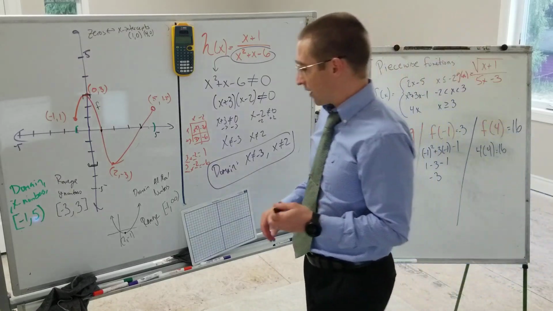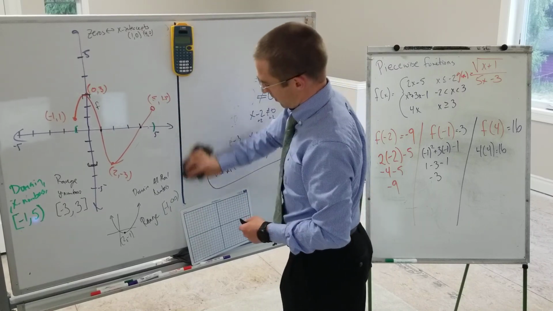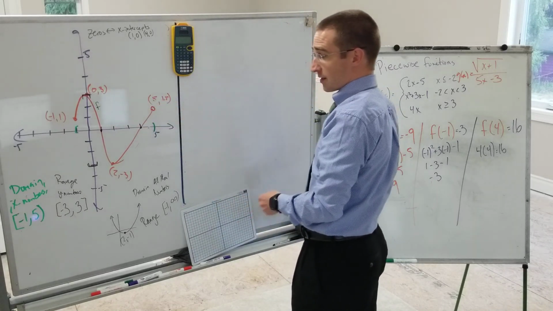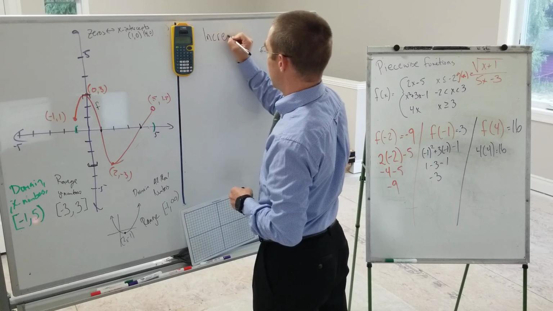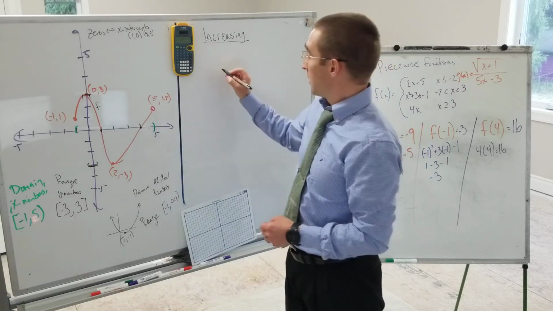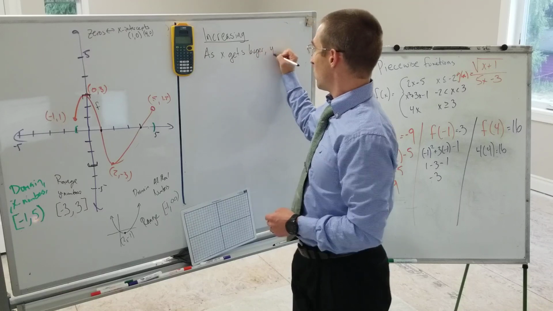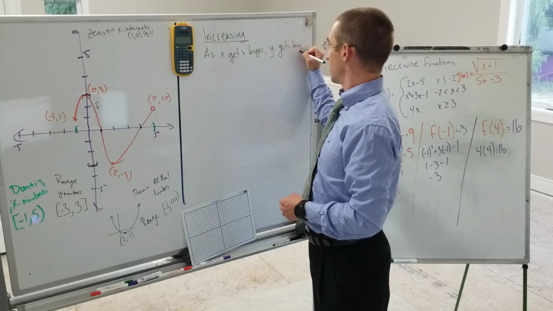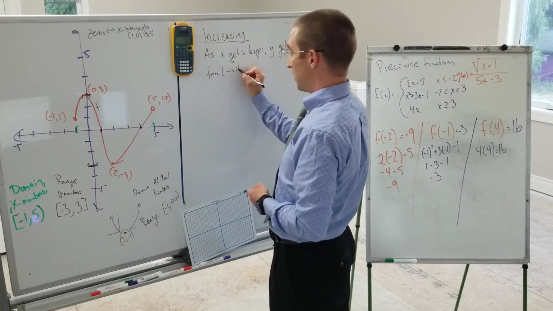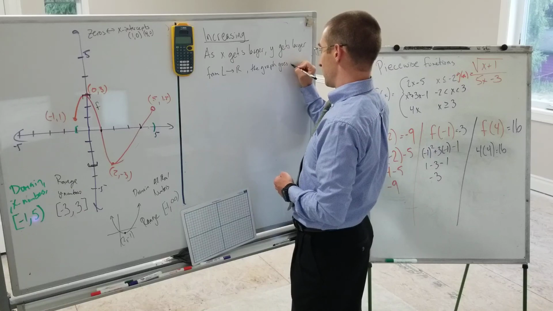All right, we need to talk a little bit about increasing, decreasing, and constant, and what that means for functions. And then we're going to continue using this example here. So increasing, a function is increasing if, as x gets larger, y gets larger. In other words, as we go from left to right on the graph, it goes up. And I want